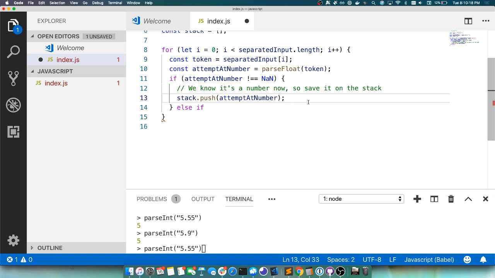we know it's a number, we save it on the stack. That's the rule for numbers. All numbers, drop them on the stack. Now, we need to look at all the other operators because there are,